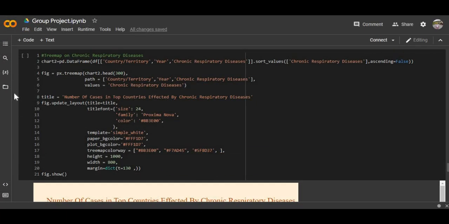Lastly, for the tree map visualization, we are going to visualize the number of cases in top countries affected by a certain cause. In this example, we are going to visualize chronic respiratory disease. Firstly, we need to extract the data we need from the data frame, which is country, year, and chronic respiratory disease. Next, we will use Plotly